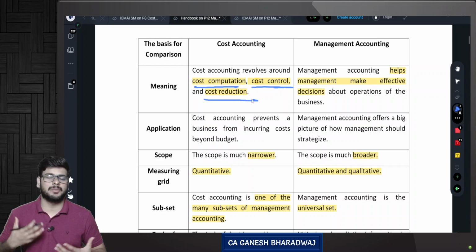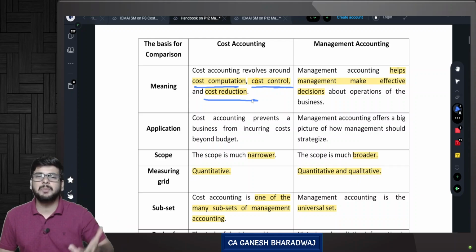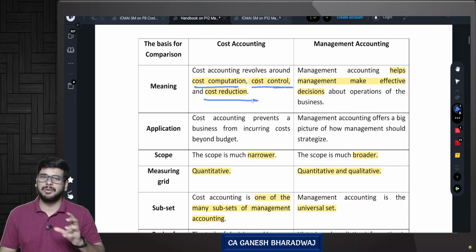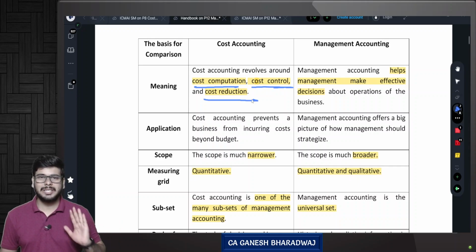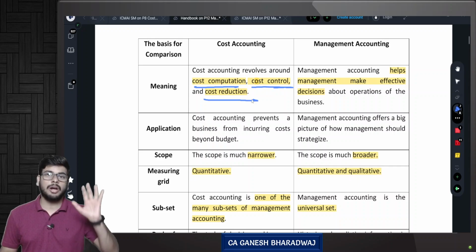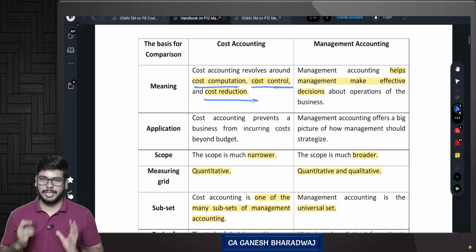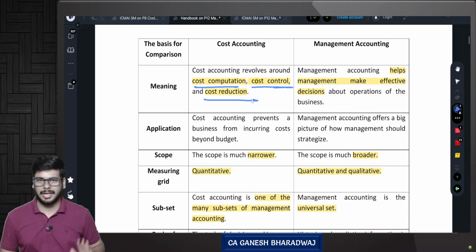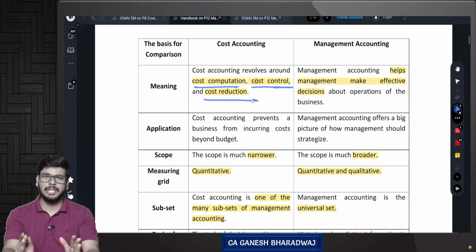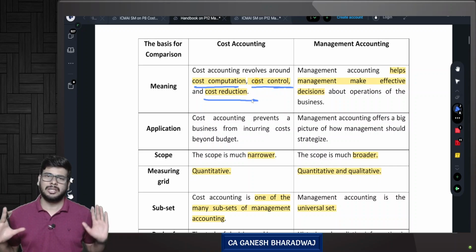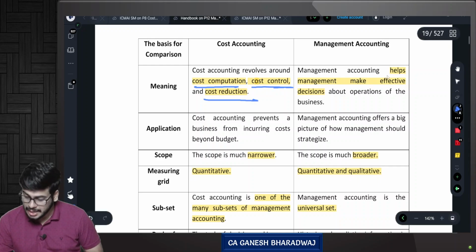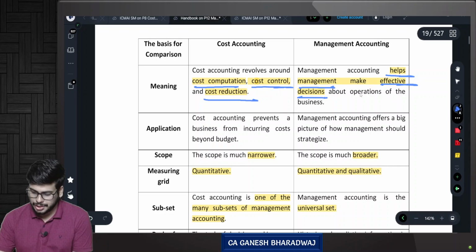It's about cost computation. That is, you measure your costs. You have multiple components of cost like material, labor, overheads, and all of those things. It's a subject matter of discussion under cost accounting. Basically, cost accounting revolves around stock valuation and profit computation. That is the basic objective. You will be seeing it there in cost accounting. So you need to value every unit of your stock. That is your objective, and arrive at the profit. That's all it is. Whereas management accounting helps the management make decisions, effective decisions, meaningful decisions about the operations